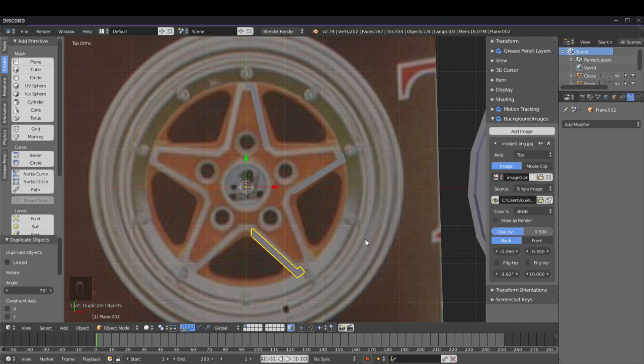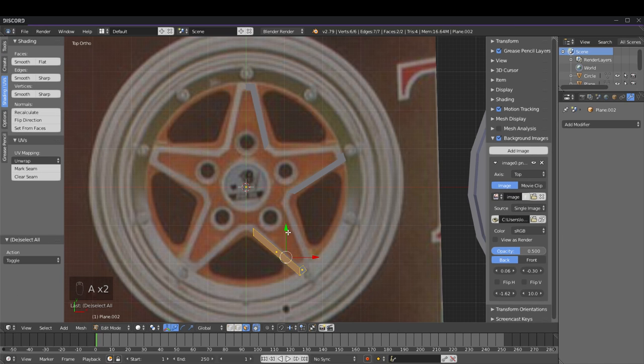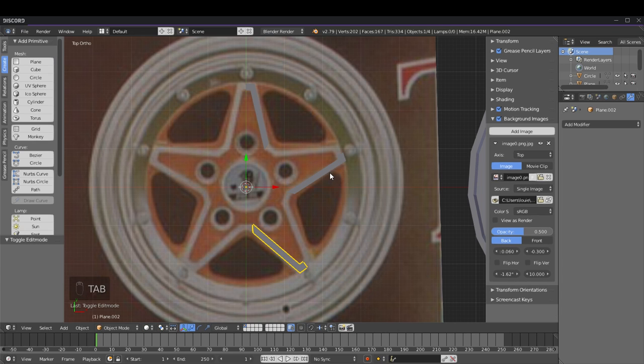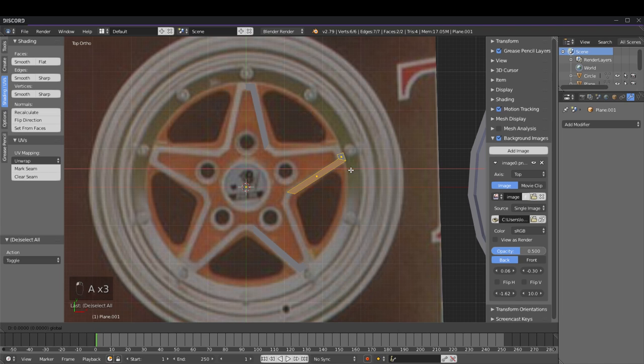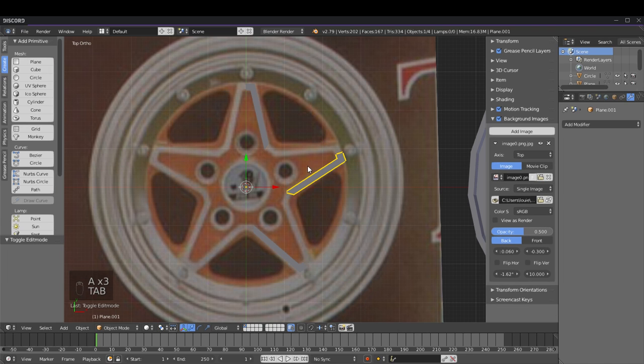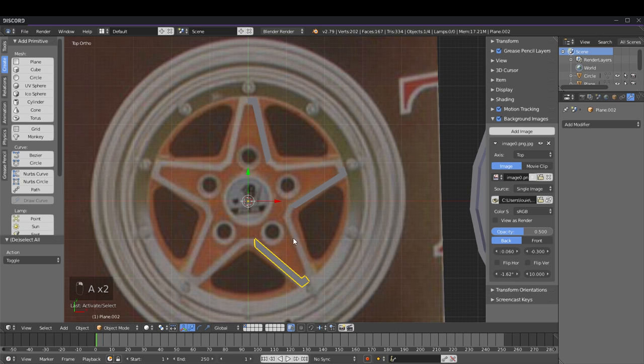Now aligning and everything else is one thing that I'm very bad at, and it takes me so long to actually do it nicely, or at least the way that I like it. So you can kind of, we'll leave it like that. We'll worry about that later. Like that. A little bit like that. Okay. So now,